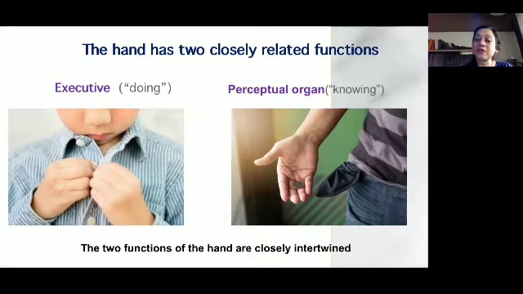So these two functions of the hand are very closely intertwined. Perhaps knowing is first, then doing. Most of us, even I'm bad at executive functions like very fine motor functions like needlework, possibly painting. I'm not very great at this. But that doesn't mean I don't have a perceptual organ, which is of knowing. I can touch my babies, and my touch carries a lot. I can calm them down. I can do wonders with my hand with the feeling of the perception.